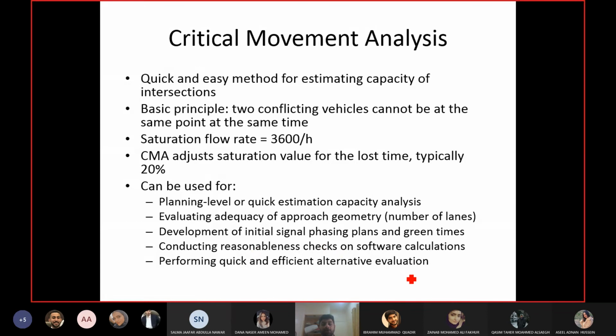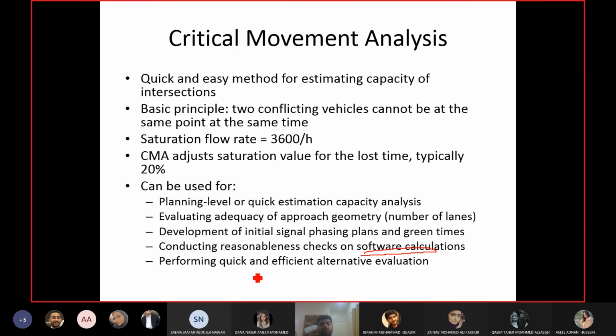You are doing calculations using software. I think we discussed this in the first chapter as well. The problem with the software is you cannot know whether it's giving you the right results or not. Maybe there is some equation which is not applicable in your case, or some factors for which you need to change the values and you forgot about it, or didn't know about it. So in that case, you calculate the capacity using critical movement and check it against the software results. Obviously they will not be exactly equal, but if they are reasonably close, then you can say, okay, I am doing the right thing with the software as well.